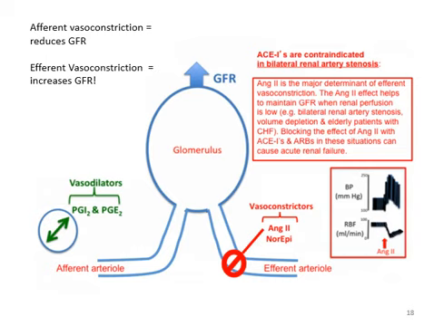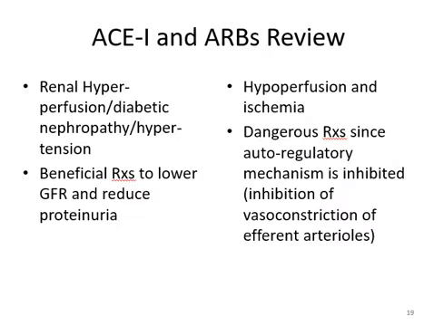And then just to recap, remember that your afferent arterioles, when they are vasoconstricted, the outcome is going to be a reduction in GFR. However, when the efferents are vasoconstricted, that will produce an increase in GFR. And so this is really important because this kind of highlights the main uses and contraindications to ACE inhibitors and ARBs. And so in the context of renal hyperperfusion, diabetic nephropathy, hypertension, ACE inhibitors and ARBs are really beneficial drugs